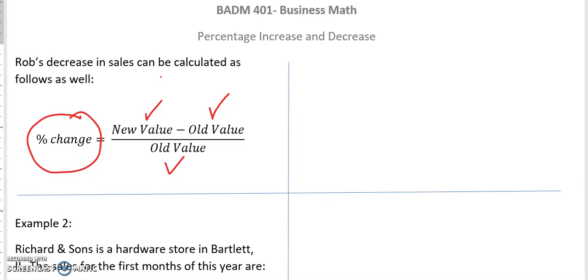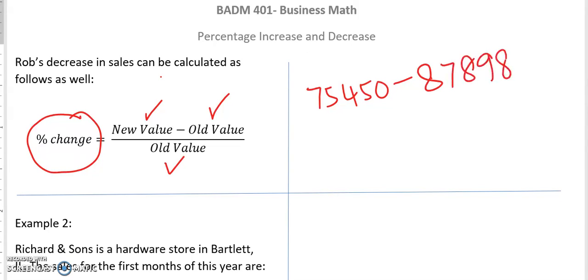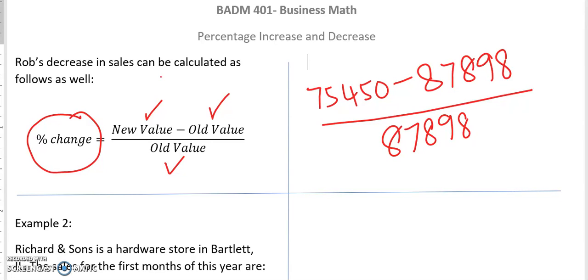For instance, we take the new value, which is 75,450, and take off the old value, which is 87,898, and divide by 87,898, and this comes to minus